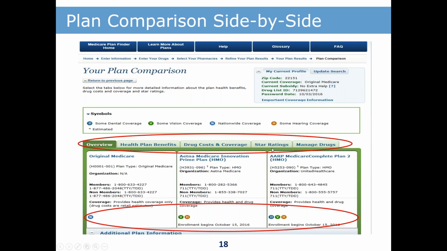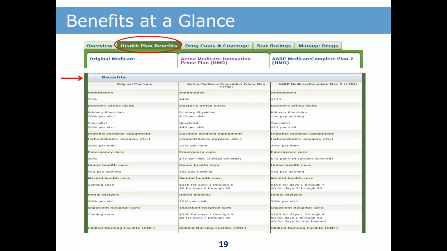There are some other tabs about star ratings and other things you can look at too, but we're mostly focused on pricing when we're doing the plan finder for people, so I'm going to focus on what I do when I talk to a client. Okay, so let's look at the benefits under health plan benefits. So again, these same 3 plans, original Medicare, which does offer health benefits, and 2 different Medicare Advantage plans, which of course offer health benefits, will